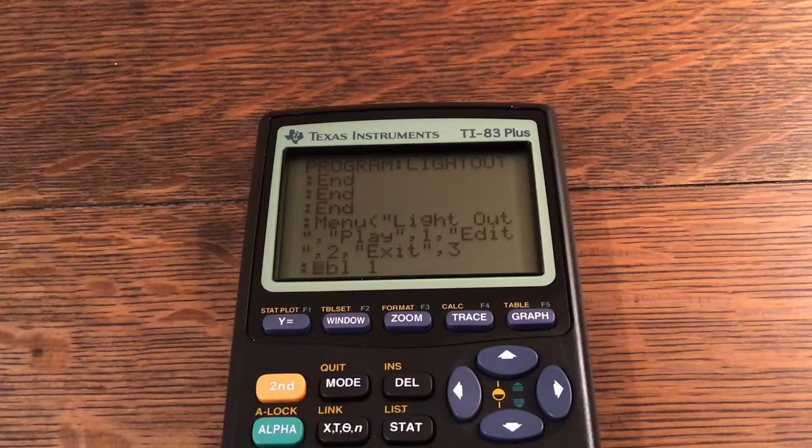And then this is where the menu comes in. So we just finished drawing the screen, and now we're at the menu that pops up, which asks if you want to play, create a level, or edit, and then exit. Menu quote light out, comma quote play, comma 1, comma quote edit, comma 2, comma quote exit, comma